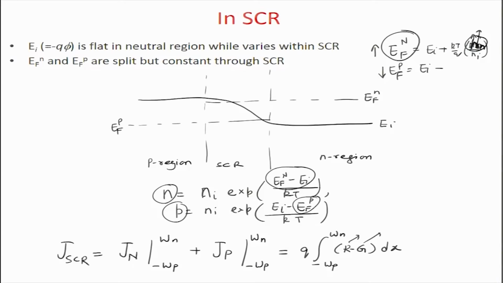But now we are saying that we are flooding the semiconductor device with light. So, whether it is this region or that region or this region, everywhere you will have carrier generation. All across the semiconductor device you will have carrier generation, which will lead to splitting of Fermi levels. As a result, you will have net current coming also from the SCR region.